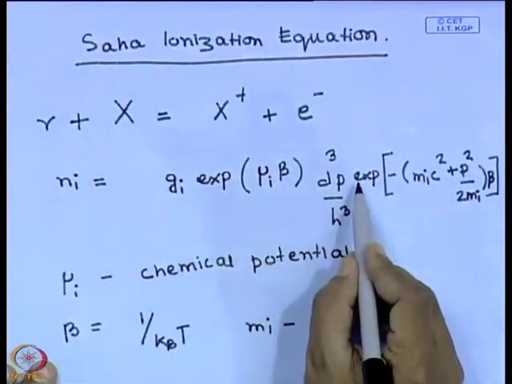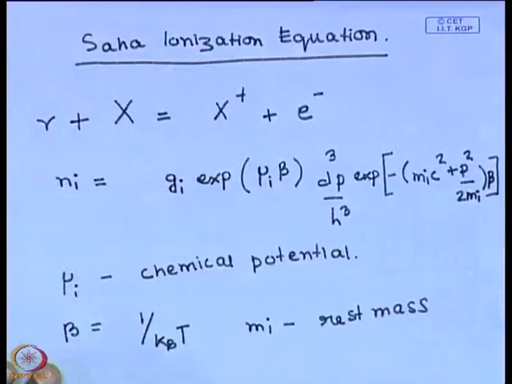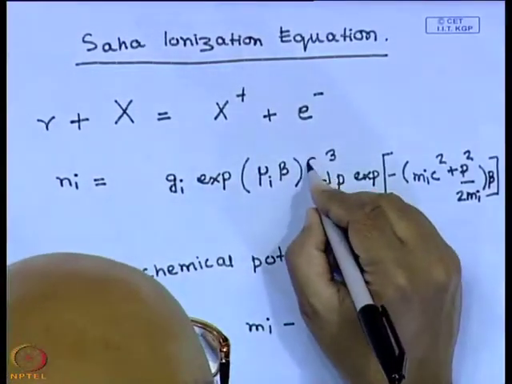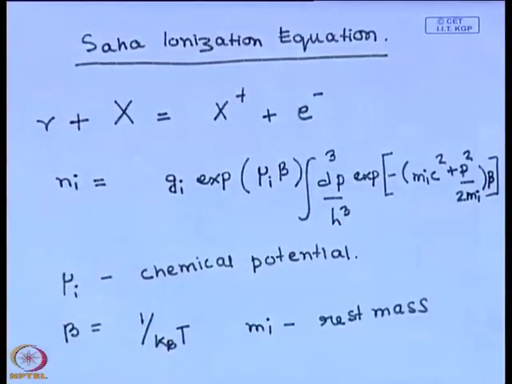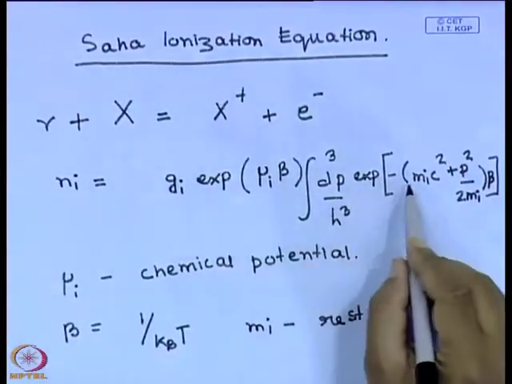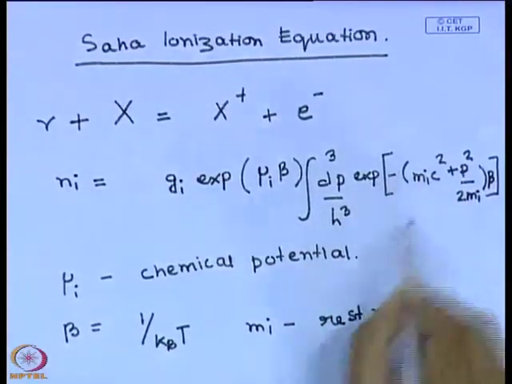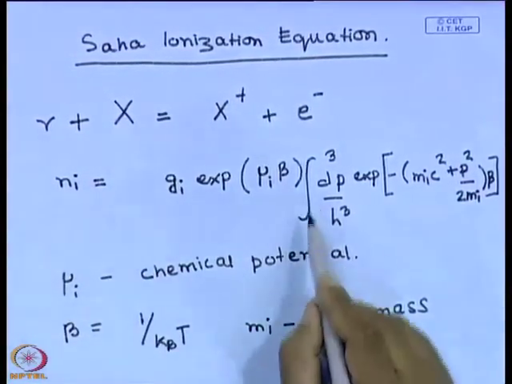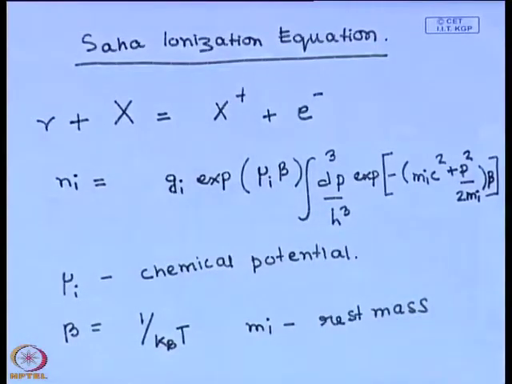It has the temperature and the chemical potential of that species, also the spin degeneracy. To find the total number density, I have to integrate over all momentum states. Okay. This is basically the energy of the particle into beta, e to the power minus the energy into beta, that is the Boltzmann factor. To find the total number density of a particular species, I have to integrate over all momentum values. Okay. So, this will give me the number density of that particular species,